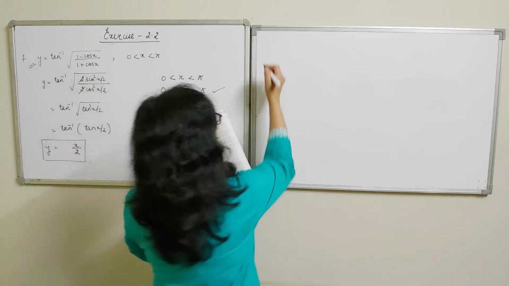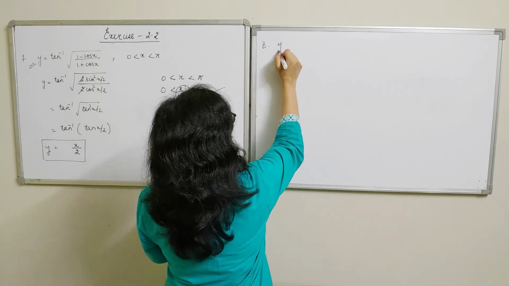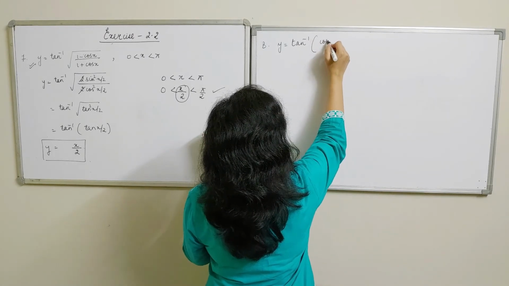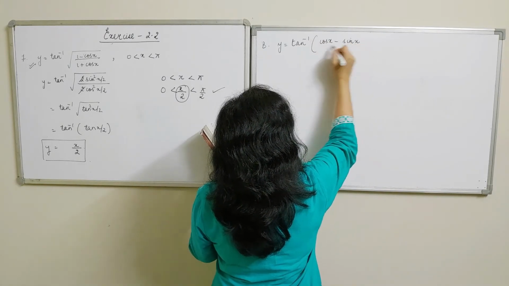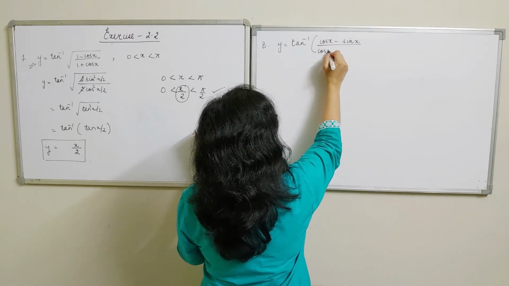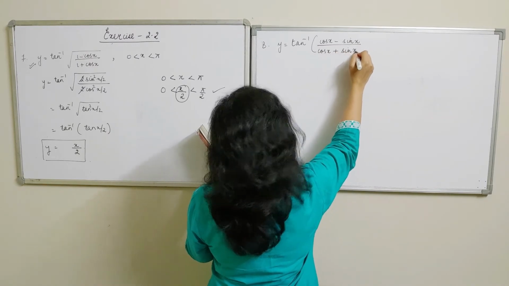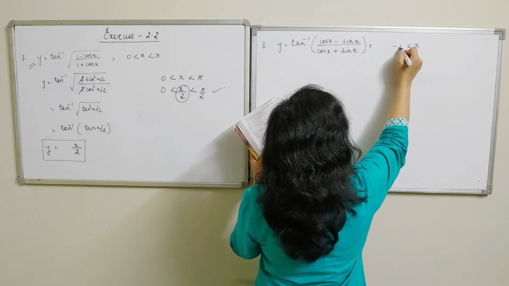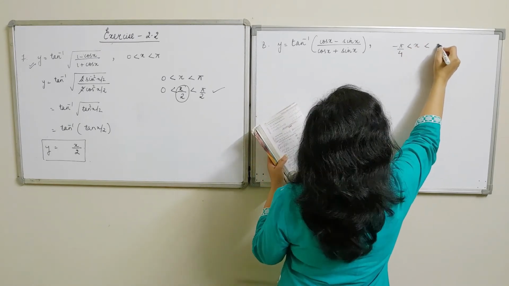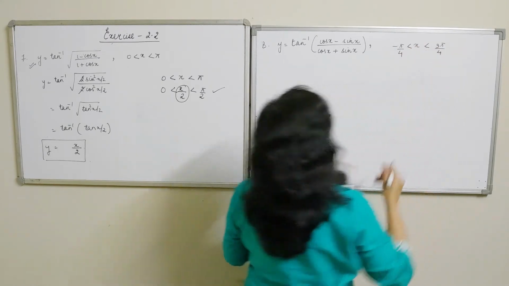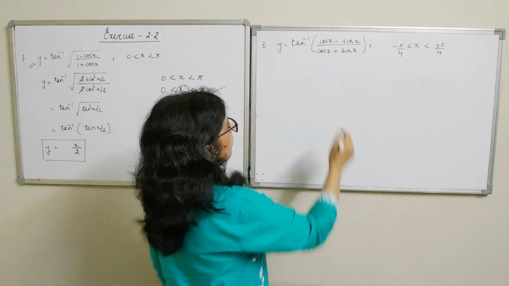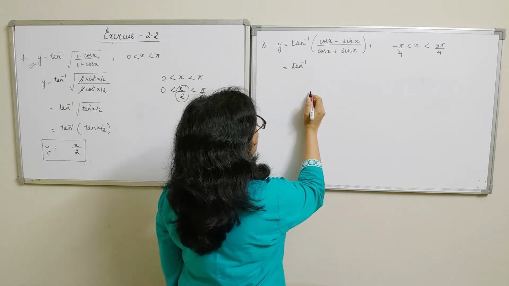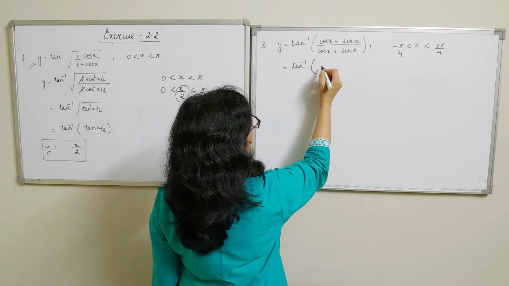So next is question number 8. Y is equal to tan inverse cos x minus sin x upon cos x plus sin x, where we are given x is greater than minus pi by 4 and less than 3 pi by 4. Here again you can see we have got trigonometric ratios, so simplify dividing numerator and denominator by cos function, so we get